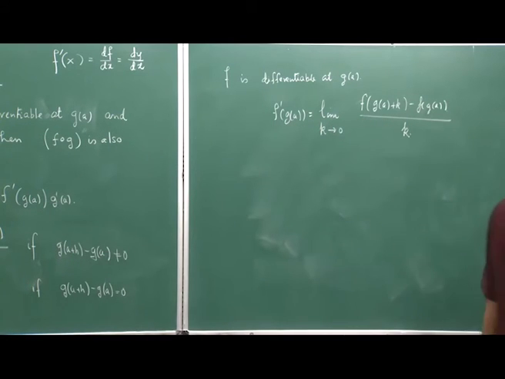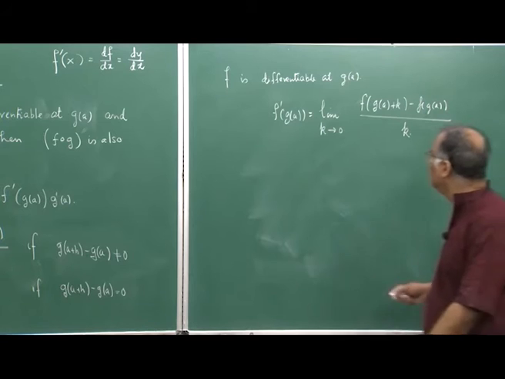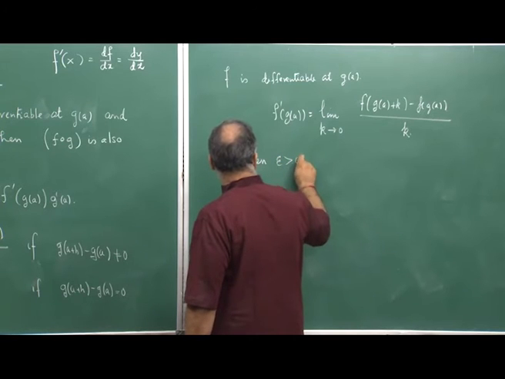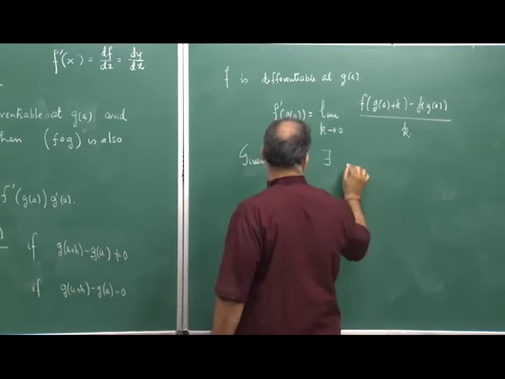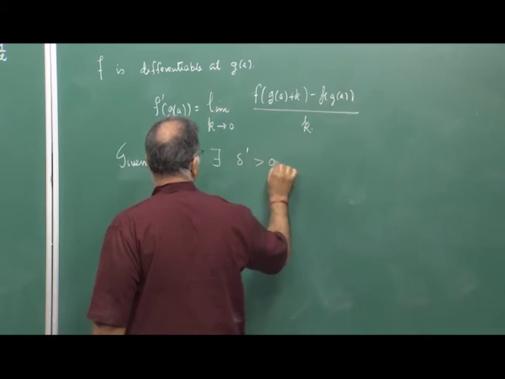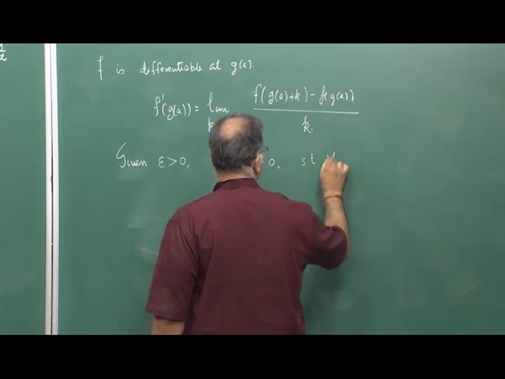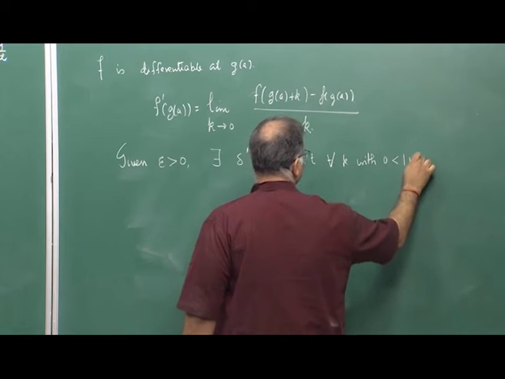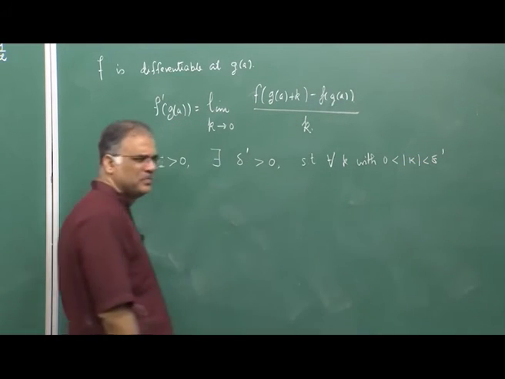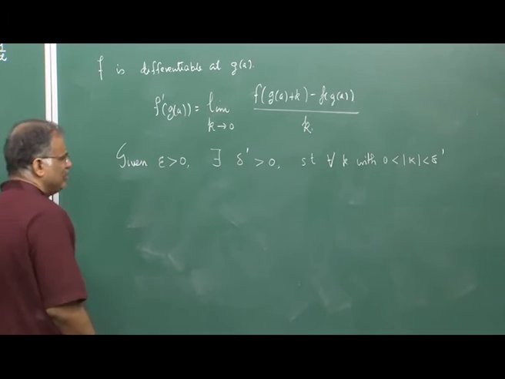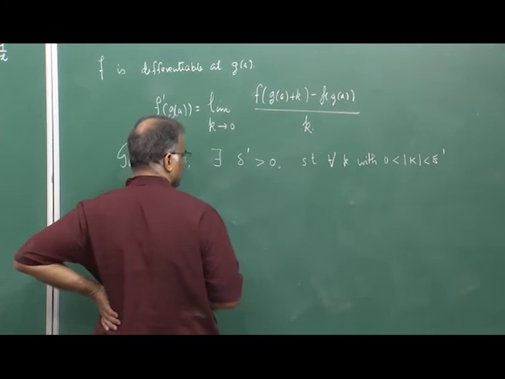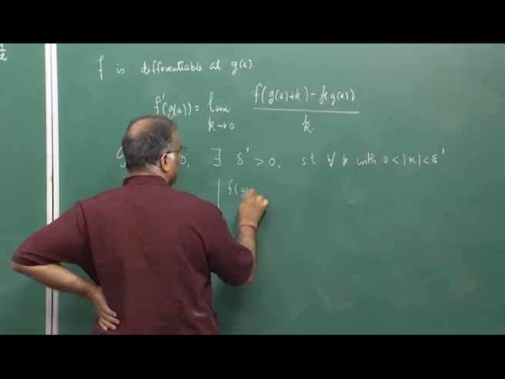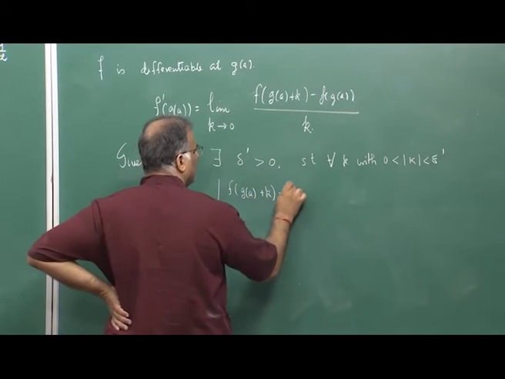So, given epsilon greater than 0, there exists say delta dash greater than 0 such that for all k with 0 less than mod k less than delta dash, what would I have? I would have f of g(a) plus k minus f of g(a)